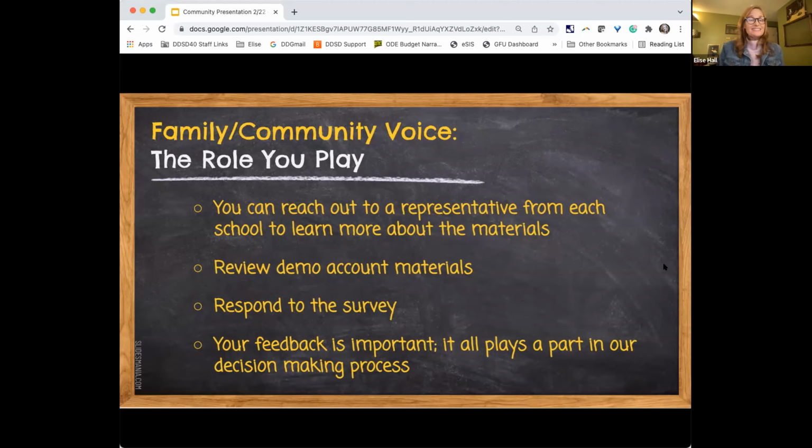This survey is important because it gives us direct data. Your feedback directly will impact the decision that we make around the materials that we do adopt. And so we do ask that you fill out that survey, no matter how deep you've dived into the curriculum, because that survey is really about our priorities and what your priorities are. So we would like to see that. And by the beginning of spring break is when we ask that survey to be completed. So as you're transitioning into spring break, know that we're asking you to complete that survey and give that feedback to us so we can use that in our decision making.